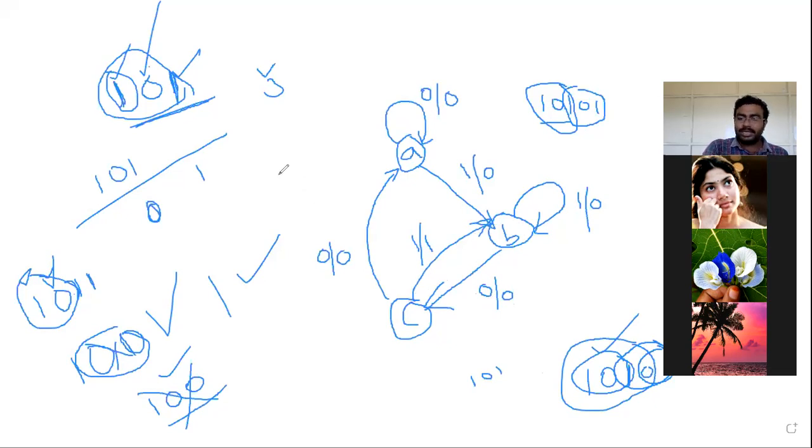Students, not only this case, if they give any other sequence like 1011 or any other sequence, maybe with overlapping or maybe not allowing overlapping, you should be in a position to design a state diagram. If you have designed the state diagram in an exact way,